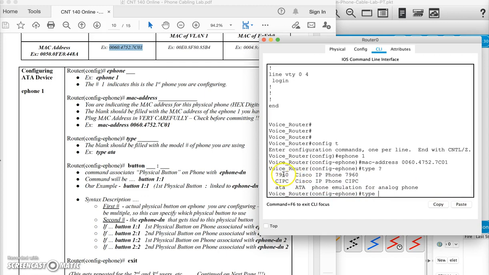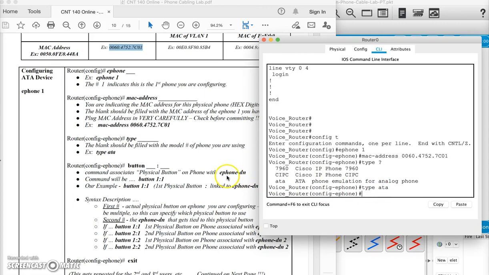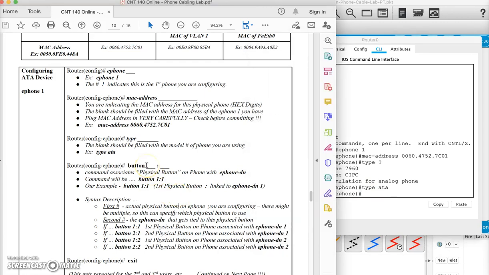The IP phones in Cisco Packet Tracer are 7960s. This ATA that I'm using is ATA, and the soft phone is CIPC, Cisco IP Phone Communicator. So since I'm configuring the ATA at this point, I will type in type ATA. And the last thing I do is, this is a confusing command, but this actually now ties the EPhone to